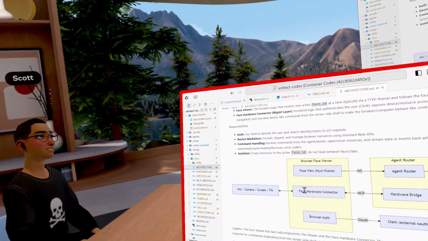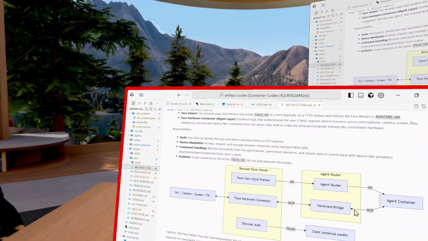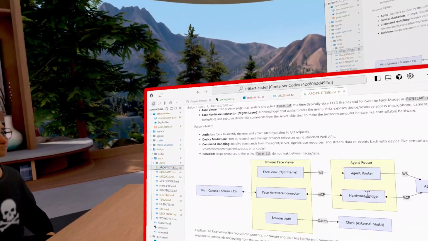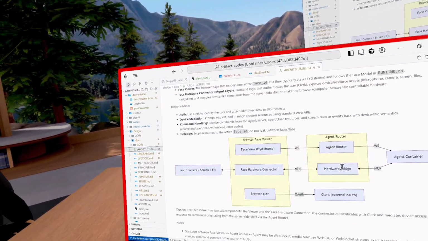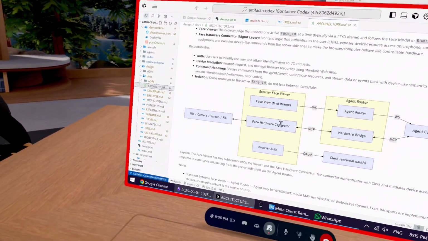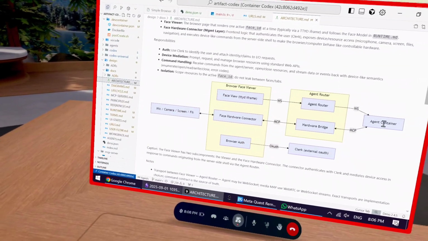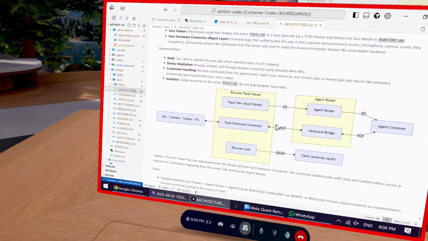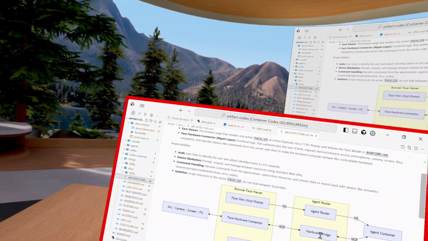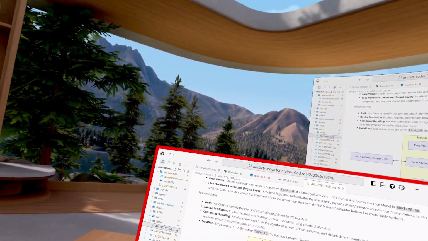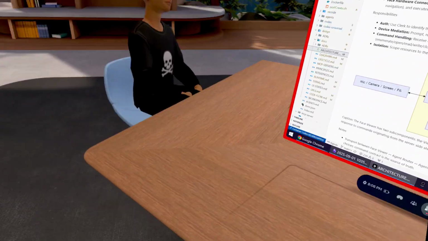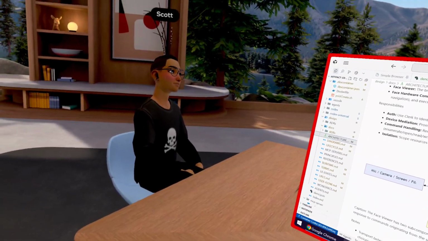Right. And then hardware bridge. What do you mean by hardware bridge? I think I mean a hardware router, but it acts like a bridge because it simply connects this thing through to that. So it's just a pass-through pipe. Yeah, a proxy even, but a proxy does a bit more. The bridge is just raw, it acts like you're not there. It tries to act like it's not there and just connects both ends.